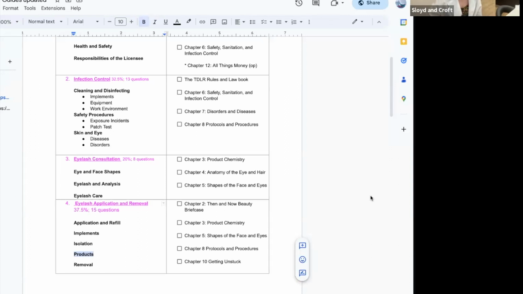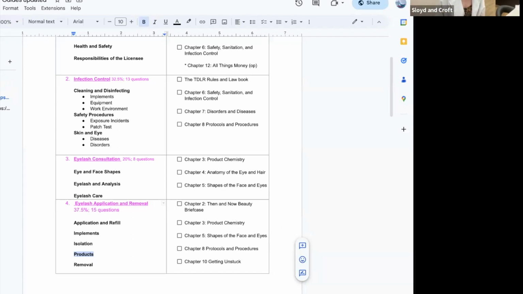So I'm not going to go super deep into this chapter because you really just need this whole chapter instead of just a bit or piece here and there. So figuring out what cyanoacrylate is, what your glue is actually made of, what your lash remover is made out of, and how that affects your lash service are some of the questions that you might see on this exam,